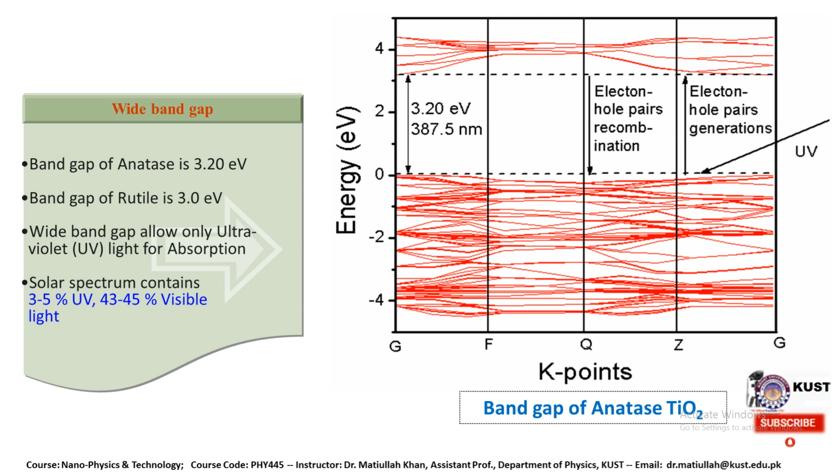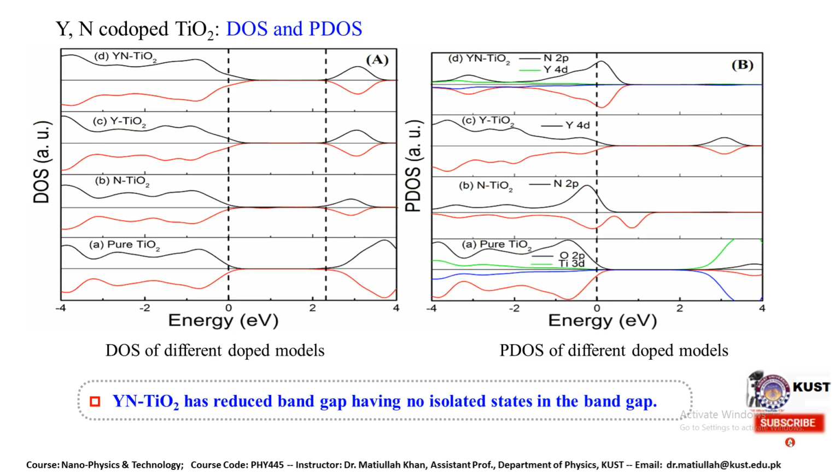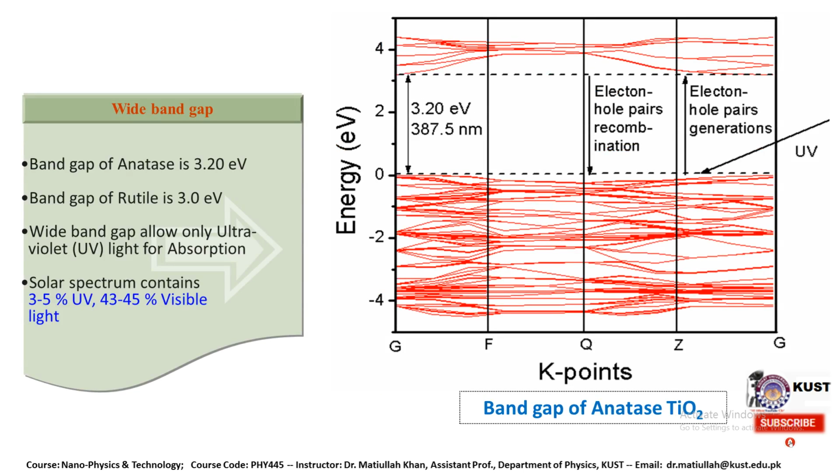Here pure TiO2 is considered, and the anatase phase of pure TiO2 is considered because in TiO2 the rutile has a band gap of 3.0 electron volt, while anatase has the band gap of 3.2 electron volt. So if you want to shift an electron from the valence band to the conduction band,